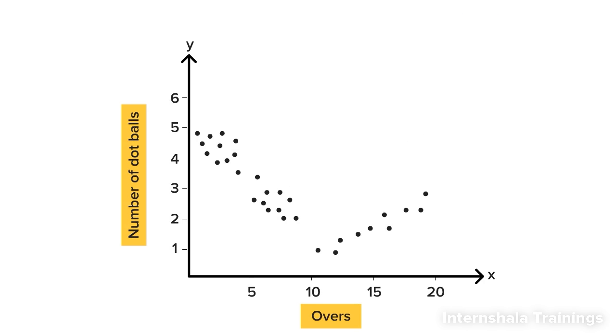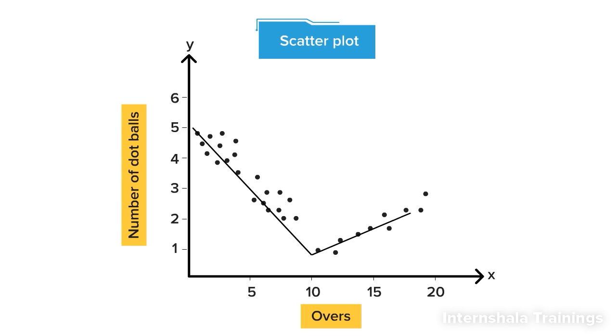For example, let us consider the match which we have talked about earlier. Now, we have the information of both the innings and we are focusing on the dot balls per over. This is displayed using a scatter plot. From the graph, we can infer that the initial overs fetched maximum dot balls, and as the innings progressed, the dot balls were reduced. In mid-innings, we see both the teams got some momentum and had minimal dot balls or scoring balls. If we draw a best fit line based on the points, the line will first decrease and then it will start increasing post 10 overs.